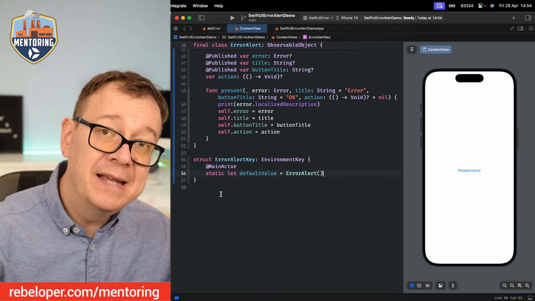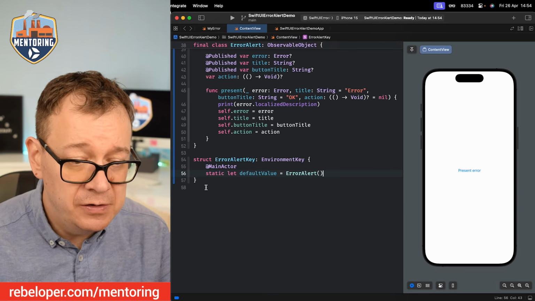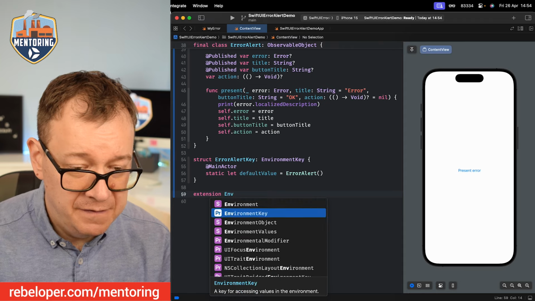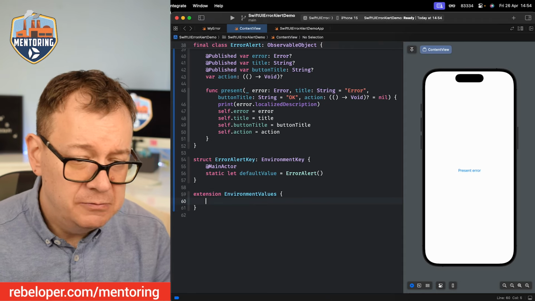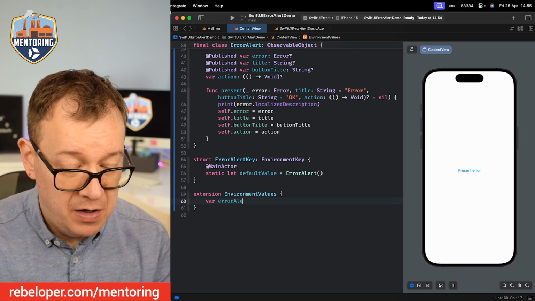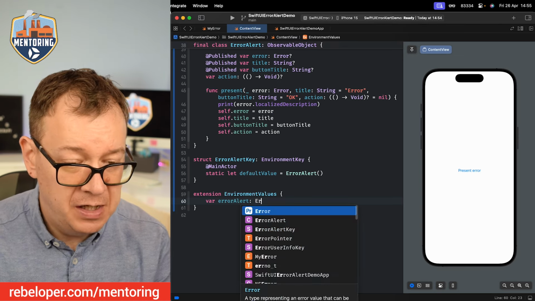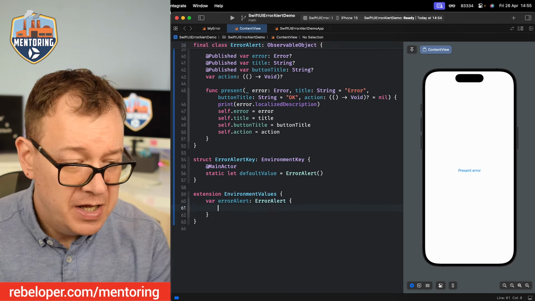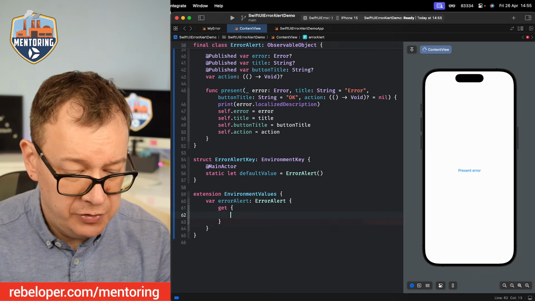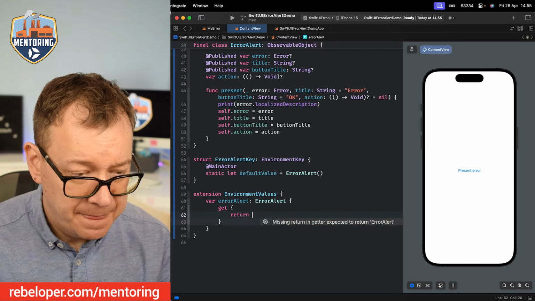Now it's time to create that environment value. So we are going to have an extension on EnvironmentValues. And we're just going to create one that's called errorAlert. And it will be of type ErrorAlert. And here's our getter. We are going to return self